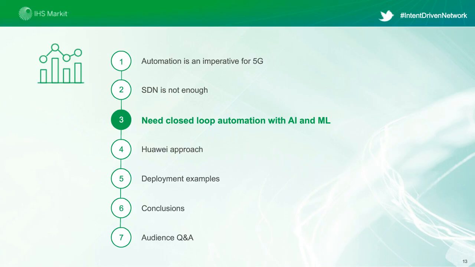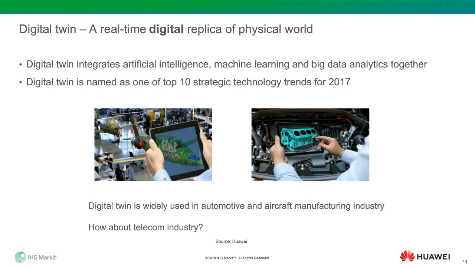Maybe I can give you a little bit of an update. First of all, from an industry perspective, what is the role of AI and machine learning in OpEx and the automation side? We have a new term called closed-loop automation. Before I go into detail, let me introduce a new technology called digital twin. If you are not in the manufacturing or automotive space, you may not be very familiar with it, so let me start a little bit. Digital twin is considered a very important technology moving forward.